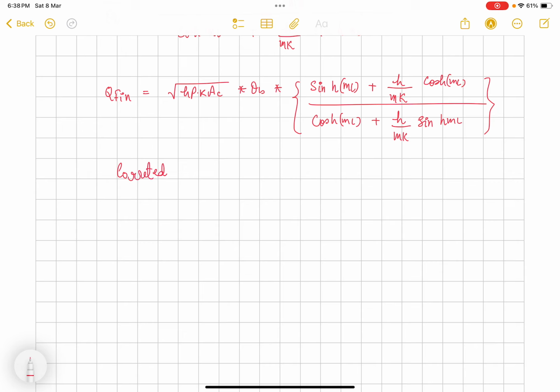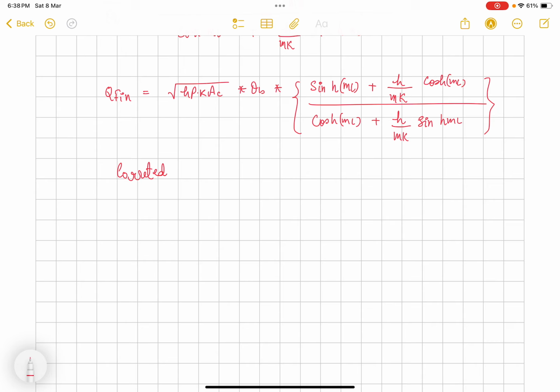And we can use both methods to find the heat transfer and temperature at any location. For this case, where convective loss from the tip is considered, so in that case,